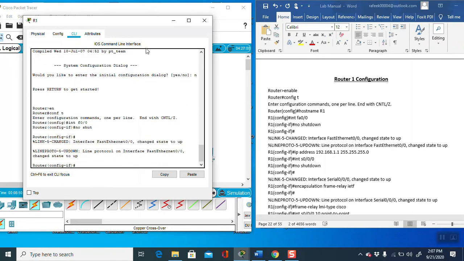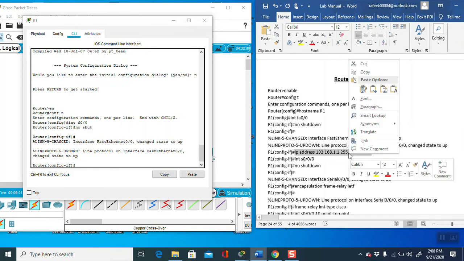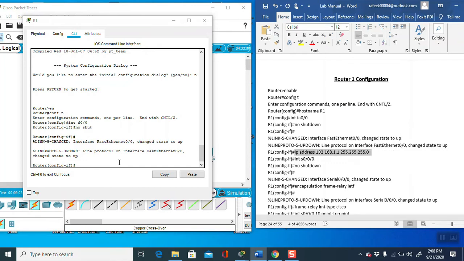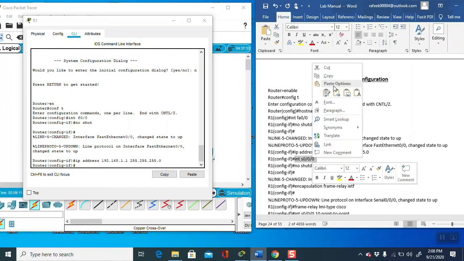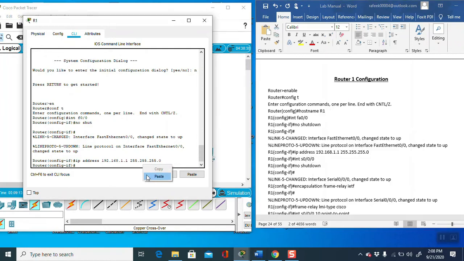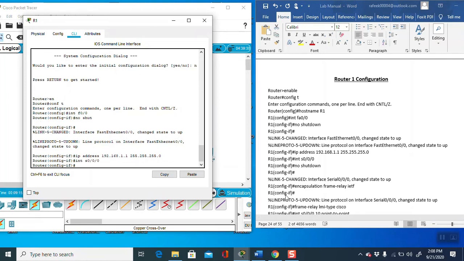After this give the IP address, same, you can copy and paste here. Then take another interface, serial 0/0, copy and paste here. Again write no shutdown to turn it on.